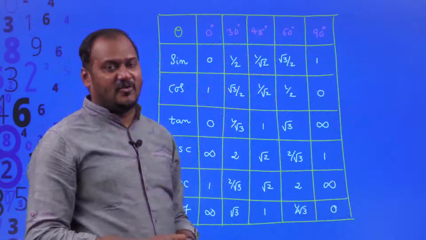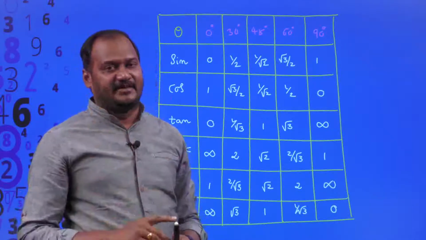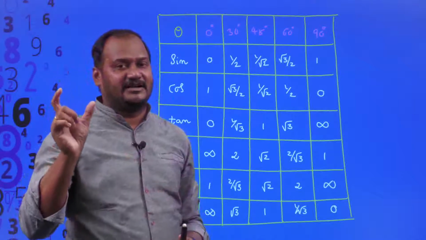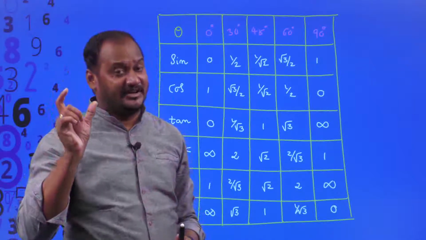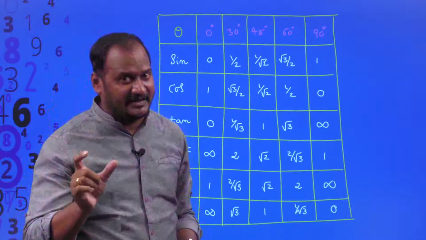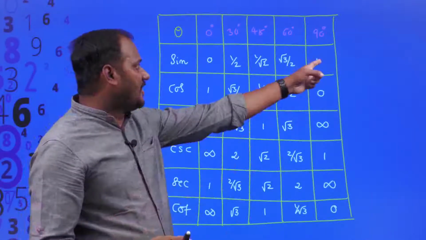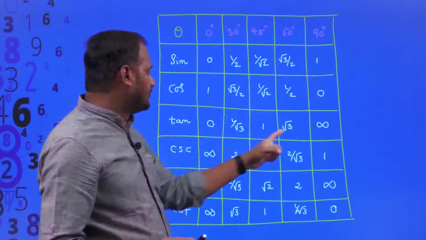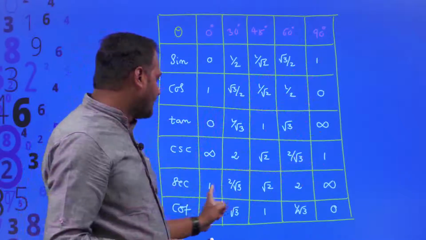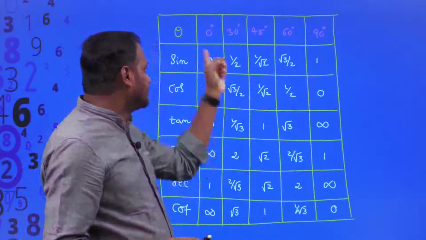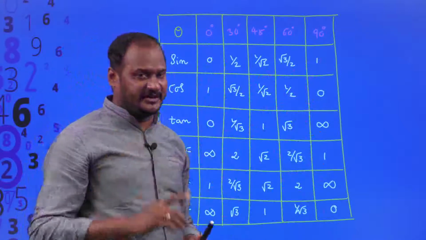Similarly, cot starts with undefined, and cot ends with 0, again sine starts with 0. So here, whatever column you are taking, the last number of that particular trigonometric ratio would be immediately the first number for the next ratio. See, 1, 1, 0, 0, undefined, undefined, 1, 1, undefined, undefined, 0, 0, right? So that is one hint to remember.